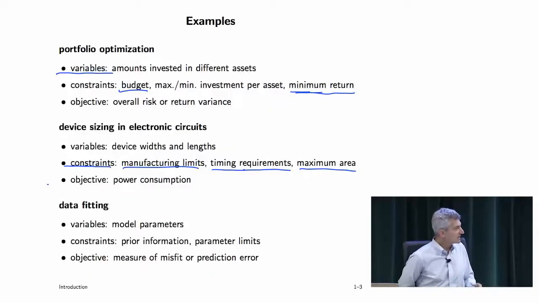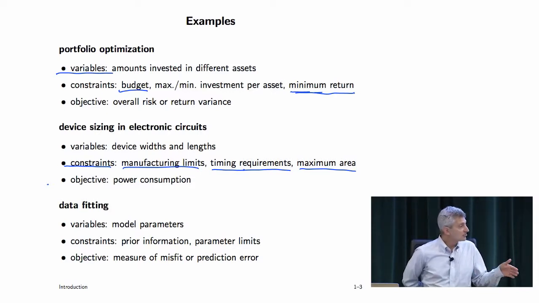So that's great. Okay, so that's your second example. And here, if you apply optimization to this, which is basically what is in fact done, what happens is among all designs that meet all the constraints, you find one that has minimum power, right? So that's kind of the idea.